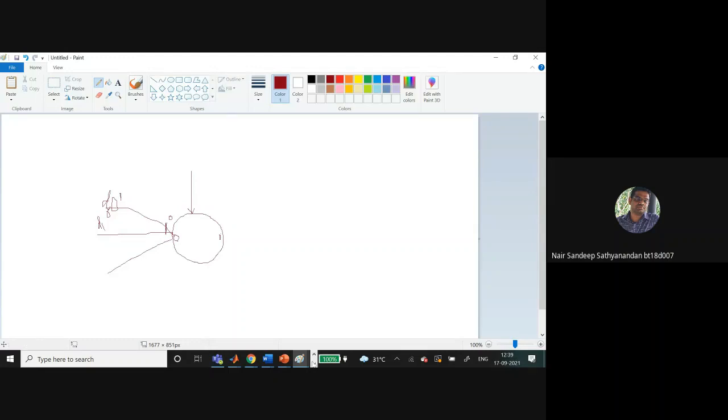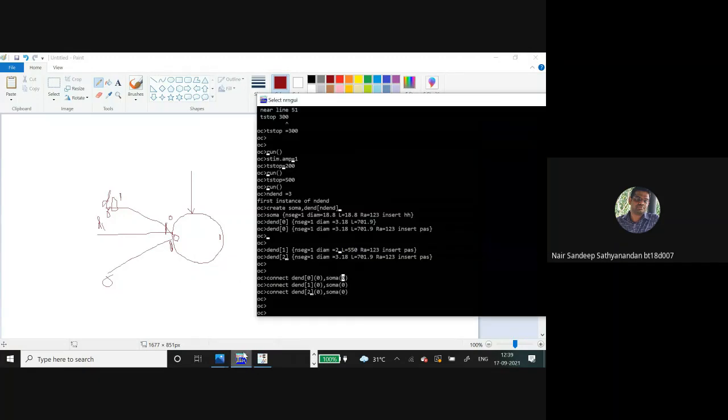We can use it that way also, with this as 0 and this as 1 of the dendrite. It doesn't matter because it is like a finite cable.